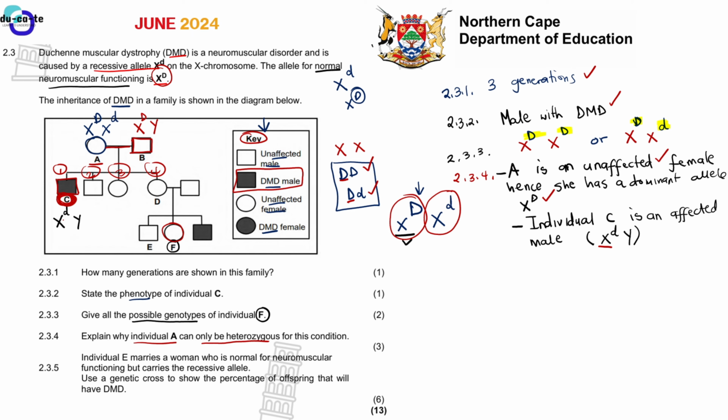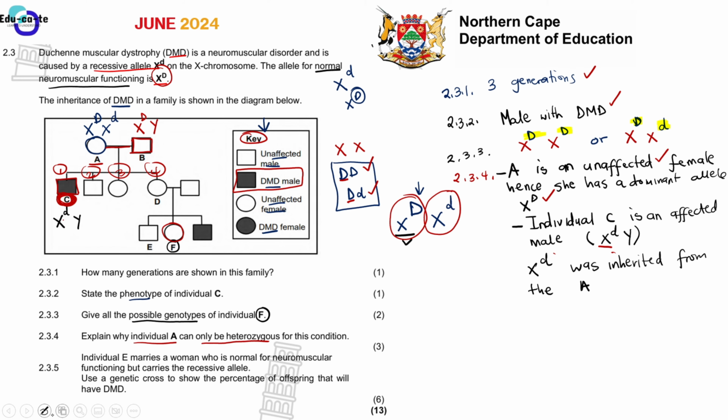All right, so every male receives that X from the mother. And in this case, this male definitely has got an X with a small letter d. So it means he inherited... You explain that this allele was inherited. Okay, let me just write it in short. You explain that this allele, X with a small letter d, the one that is affected, was inherited from the mother, or you can say from the individual A, because we are talking about individual A.